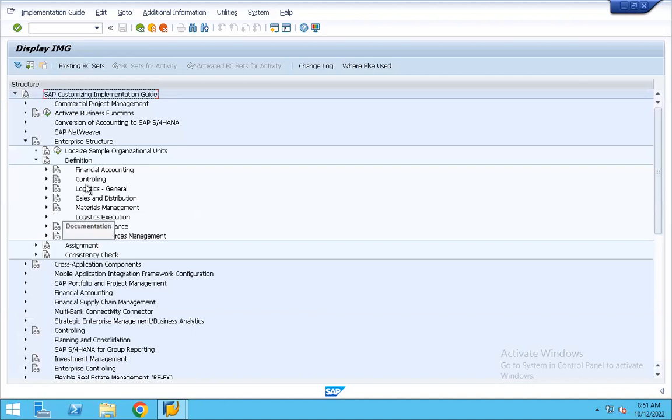Sir, I have a question. This is called the configuration page? Yes, this is the configuration page. So when we start working with companies, will we see the same exact screen, or a different screen? Like you said, there will be PP, MM, HR, FICO.